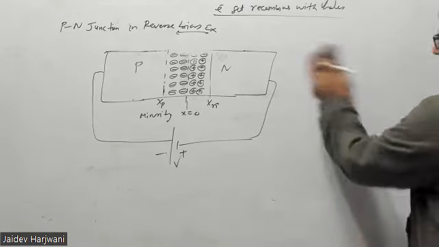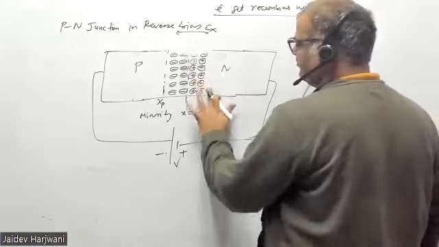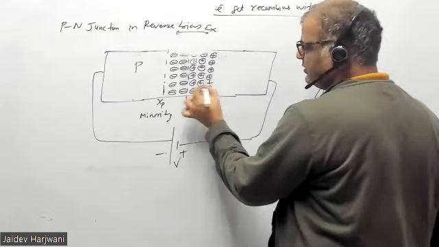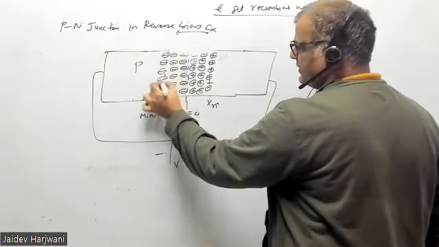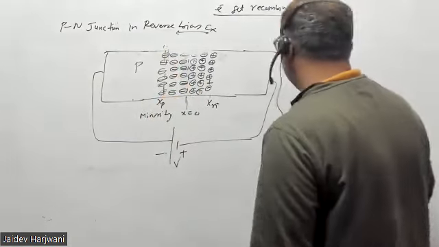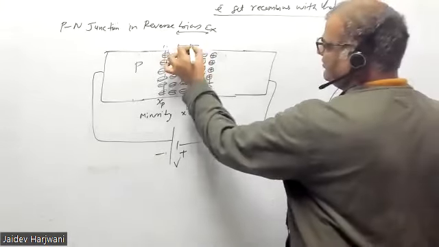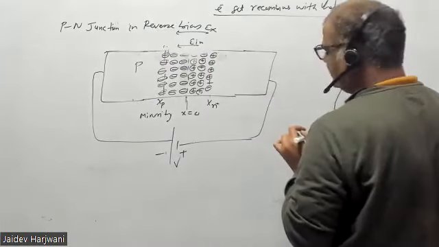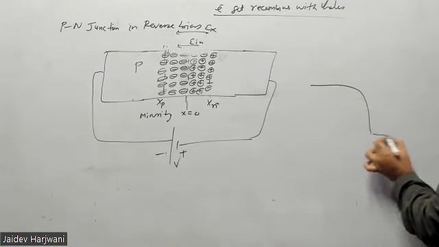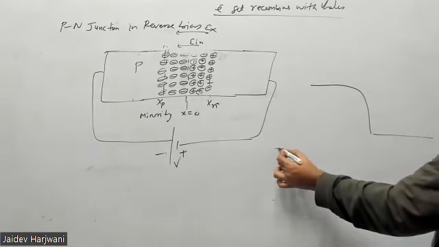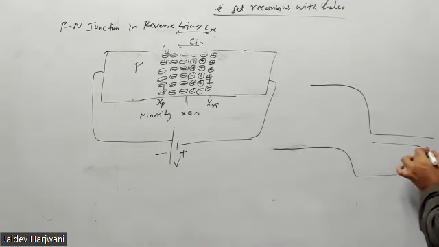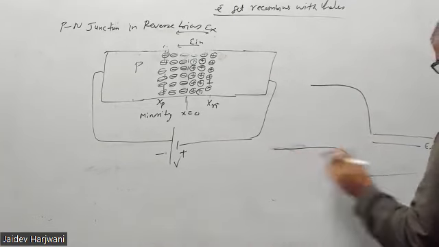In reverse, when you apply reverse bias, the field is increasing, which means this width is increasing. Both the internal field and the external field are in the same direction. So what will it give? The barrier height will increase. Here you have EFN, and now what will happen,